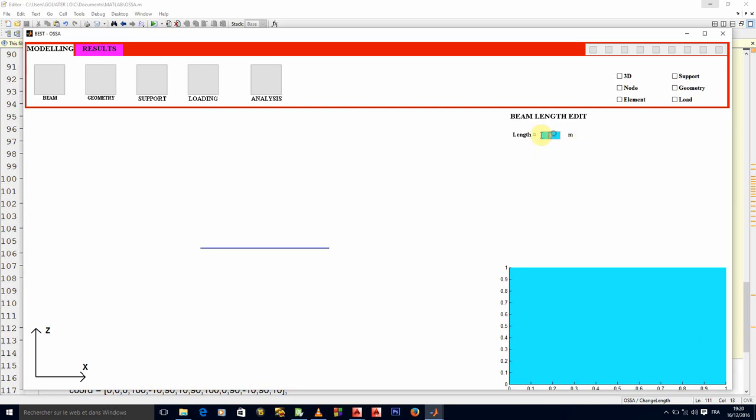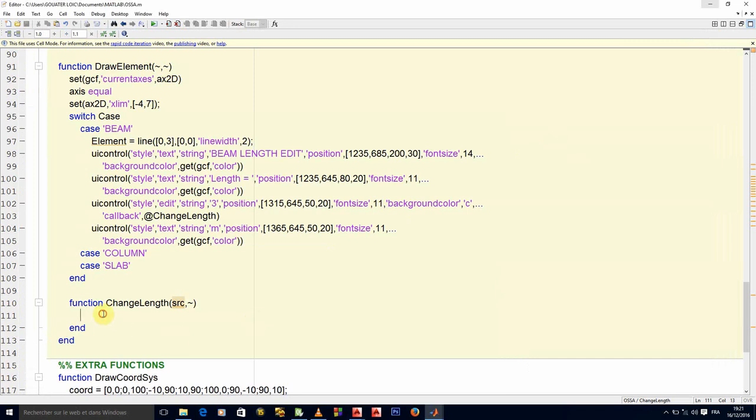So what happens when I enter a particular text here? It is stored in the string property of my edit text. The same way this 3 is appearing here because the string property of my edit text is equal to 3. It's the same way when I enter a 5 here and I press enter, I have just edited the string property of this edit text. The new string property has become 5. So if I want to get the value that a user has entered here at any given time, I just need to get the string property each time the callback is executed.